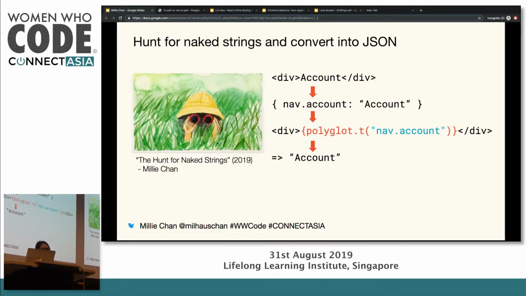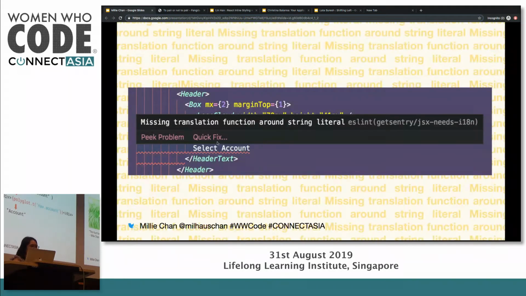So how did we find all of these? We didn't do it manually, even though it took a very long time. We leveraged an i18n linter. This helped us find all of our hard-coded strings through static analysis, which is really great because first, it gives us metrics on how many hard-coded strings we had left to tackle.